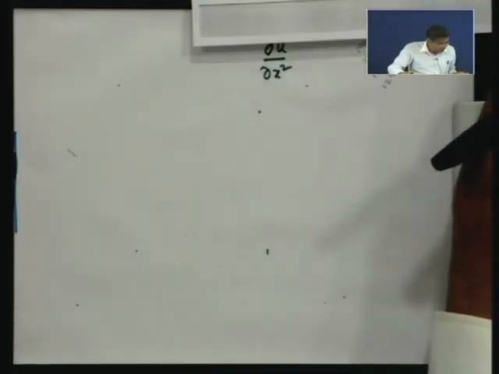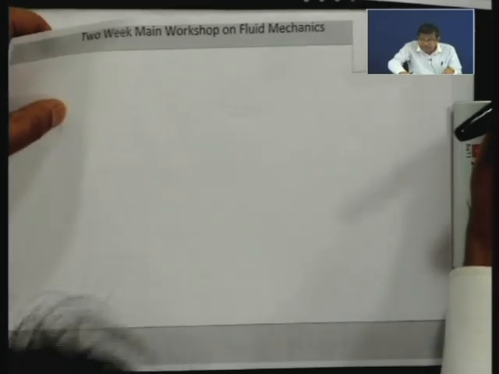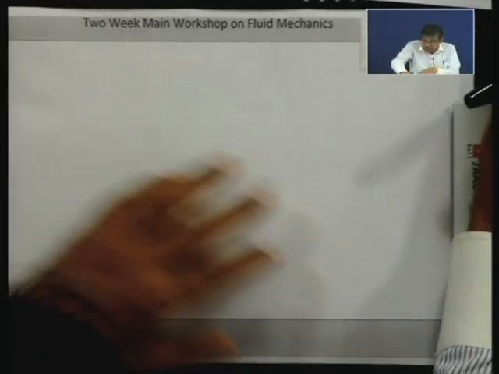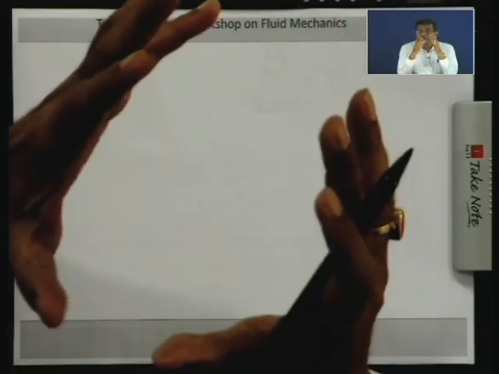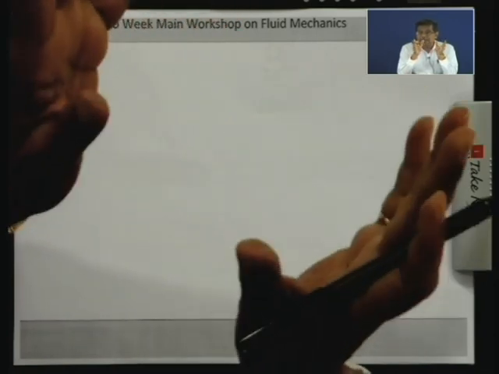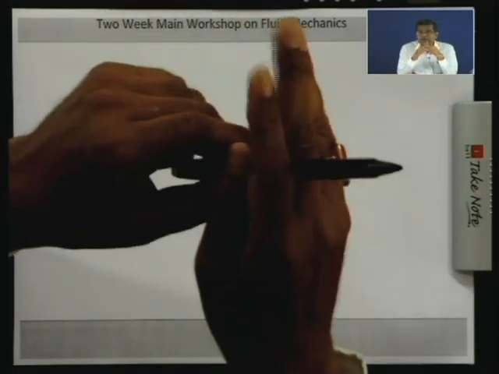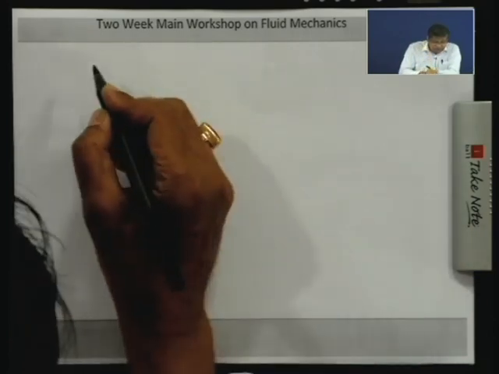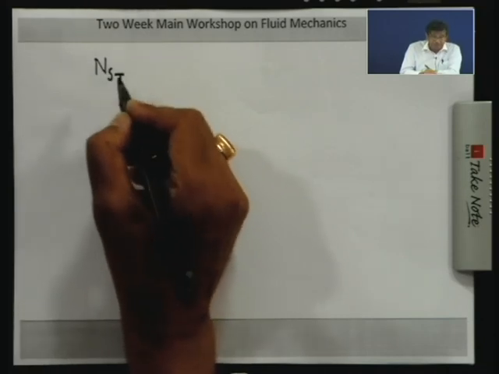Now, after this I will discuss the runner of a Francis turbine. How does the runner look? I told you before that the Francis turbine is a reaction type of turbine. A reaction turbine, by definition as I have already told, works on the principle that pressure release is taking place in the runner. Now, in a reaction turbine, the shape of the runner depends upon the specific speed of the turbine, which I already